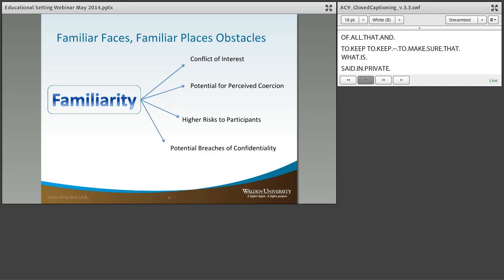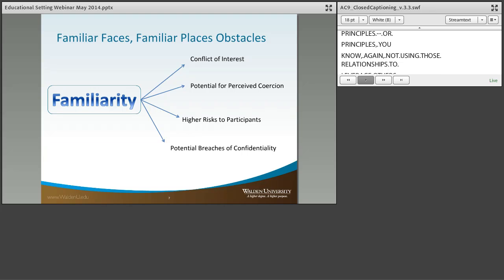And at the same time, again, that familiarity of knowing their colleagues, knowing the potential participants, can also actually work against them because Walden is committed to the basic principle that research participants should volunteer with a motive to help generate new knowledge, not just to help out a friend. And it goes the same way for teachers or principals, again, not using those relationships to leverage others into potentially participating.